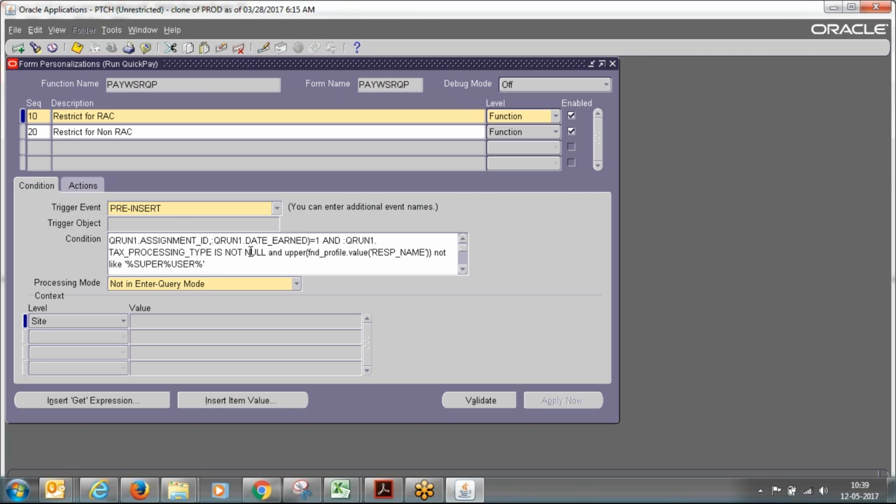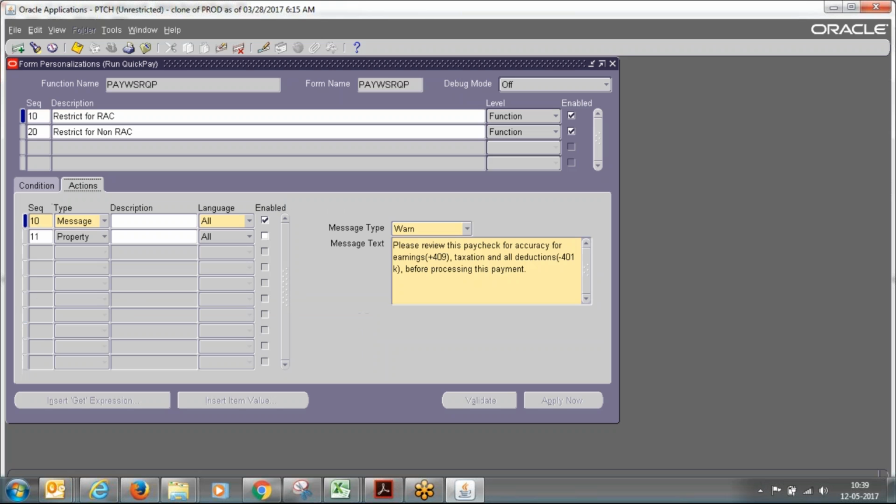Once this is done, we have an action. The action we are doing is a warning: please review the paycheck for accuracy for earning 401k, taxation and all deductions before processing this payment. Normally what happens is, let's say for a person having a 401k in their processing,